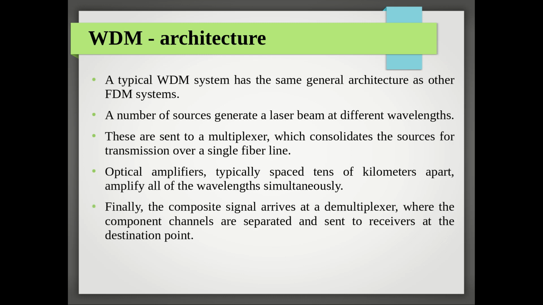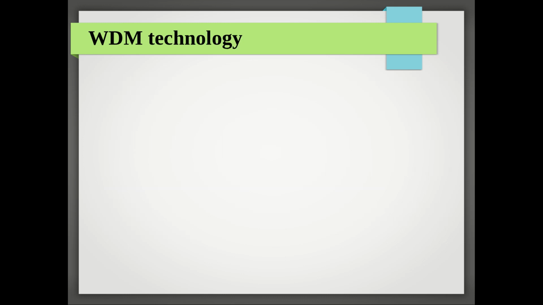At the receiver side, finally the composite signal arrives at a multiplexer, where the component channels are separated and sent to the receiver at the destination point properly. The demultiplexing will be happening at the receiver side. Now we are achieving this with the help of a prism, and that is the basic technology within the wavelength